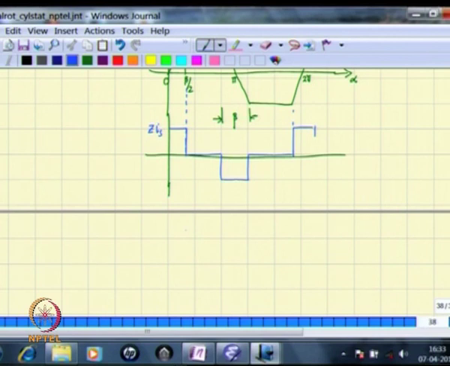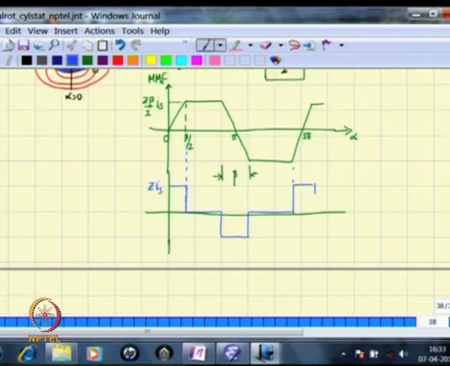So, this waveform looks much simpler to handle. In fact, we can do a little better. What we can do is take the derivative of this also. The derivative of this is an impulse function. So the impulse function here, it is a step going down, so an impulse function pointing down. This is also an impulse function pointing down,